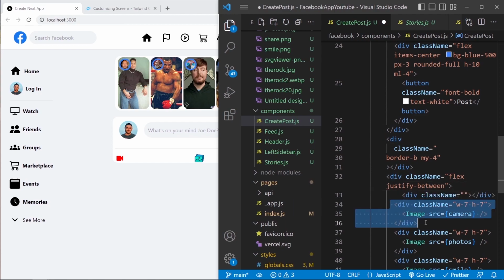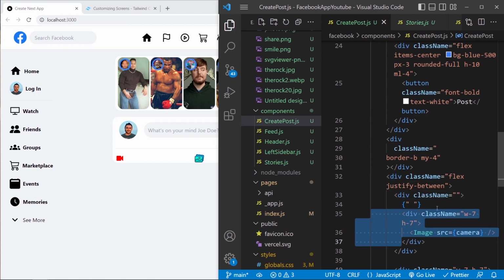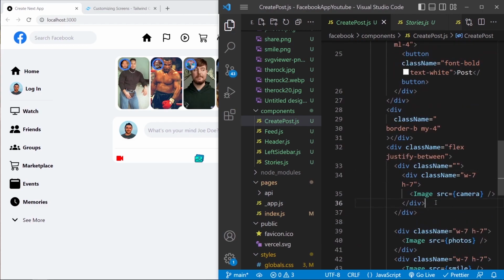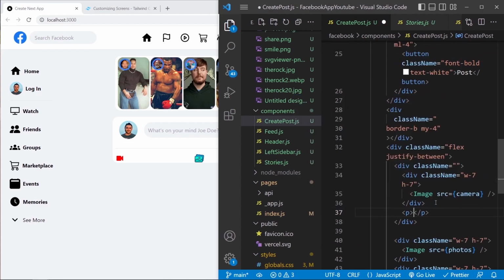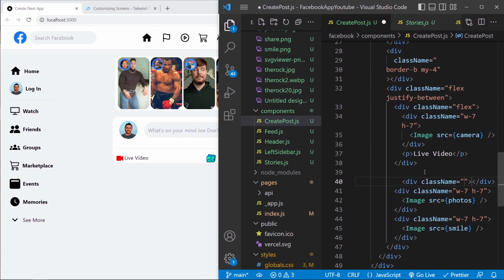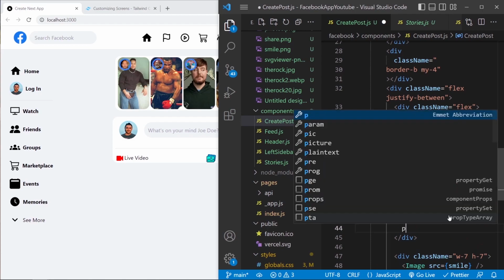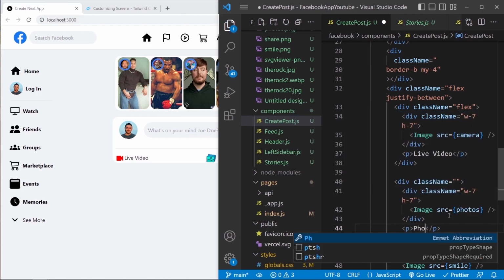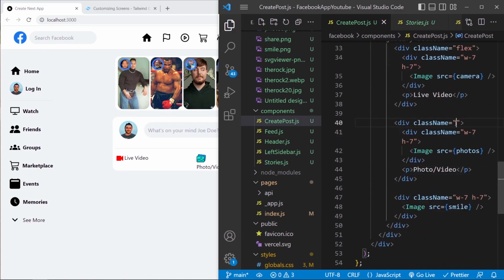So let's put this image inside another div, and for this div we're gonna have a paragraph. So paragraph, and this one it's live video, and save. We're gonna say flex. Now we're gonna do the same thing with each photo. So I'm gonna move the image inside this div. I'm gonna create a paragraph with this one, it's photo slash video. Again flex,